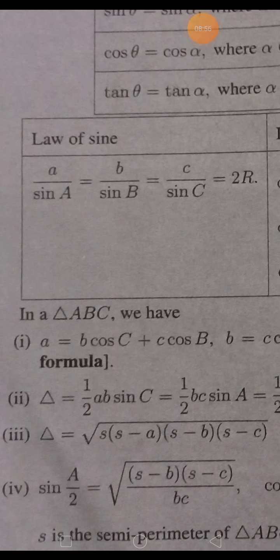Also they give the 3 sides. Suppose one side 5 centimeter, second side 10 centimeter, third side 15 centimeter. They give that. First of all, what you have to do, write the formula and find the s value. So first of all, write the first side a is equal to 5 centimeter, second side b is equal to 10 centimeter, third side c is equal to 15 centimeter. That is the first step. And then you have to find the s value.